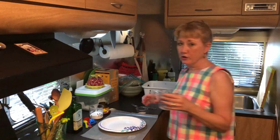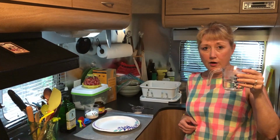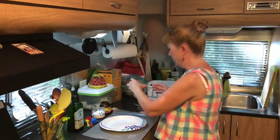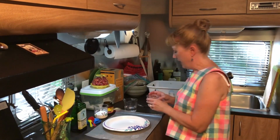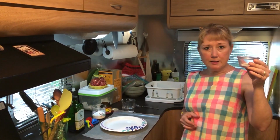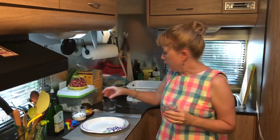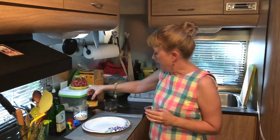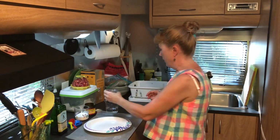So we're going to start with 2/3 cup of warmish water. And I say warm, it's warm to the touch. Don't get any hotter than that. I'm going to be adding a teaspoon of active dry yeast, which is this, and a teaspoon of sugar to the warm water,